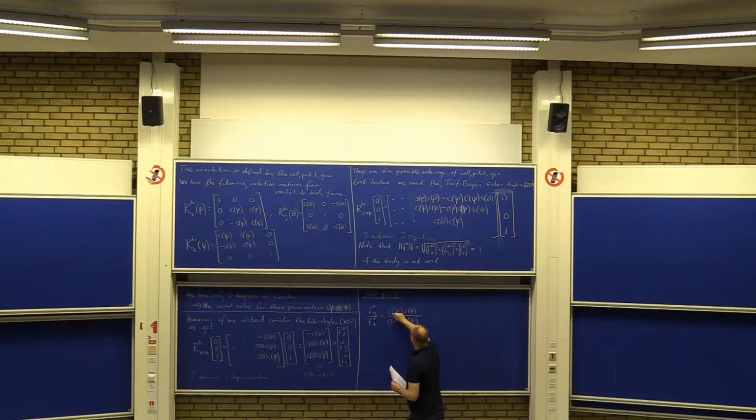Right, so they will disappear, and then we will only get tangent phi left. Okay, so from this we can say that phi is equal to arctangent of